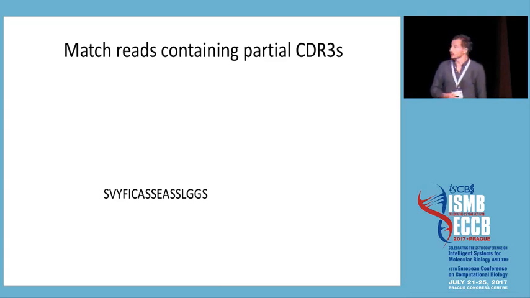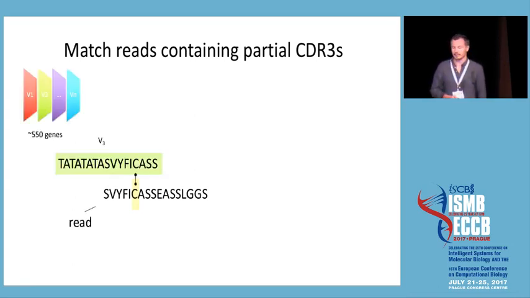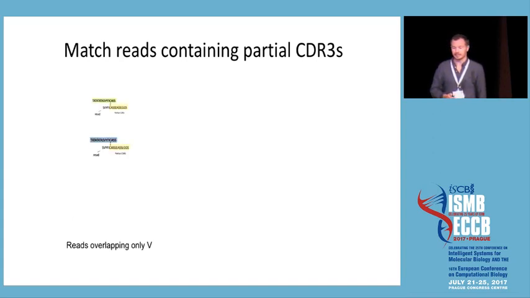So that's your read, quite short. You find the cysteine by exactly the same procedure of scanning the read, but you were not able to find F. So let's not give up, and let's do the same procedure of looking for the V gene, and let's say we were able to find the corresponding V gene. That's great. That's our partial CDR3 sequence. Let's keep all of the partial CDR3 sequences where the read overlaps only V, and then the same,